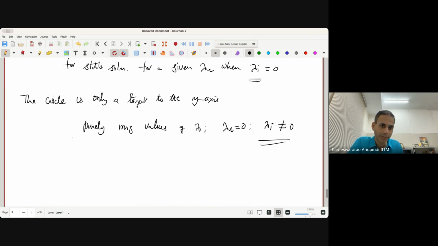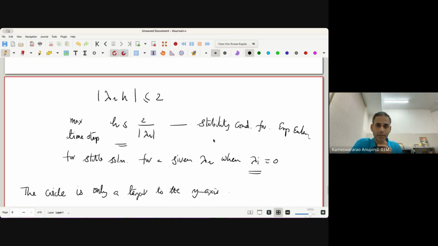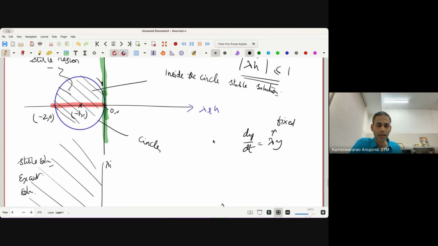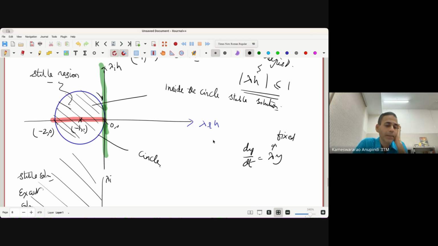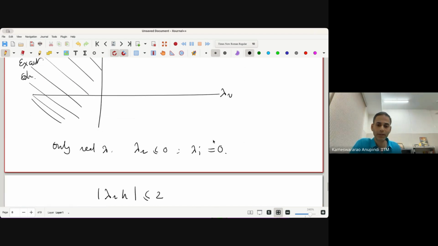So explicit Euler is not stable for any lambda I if lambda R is equal to 0. So that means for purely imaginary values of lambda, we cannot apply the explicit Euler method and obtain a solution. Okay, that is the idea. Similarly, if we have a purely real value,